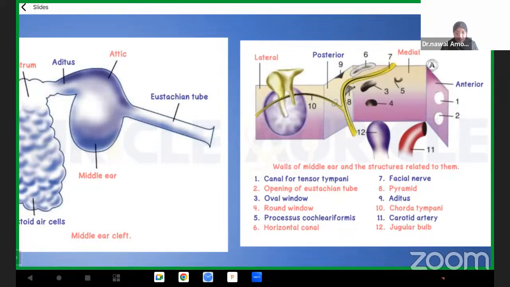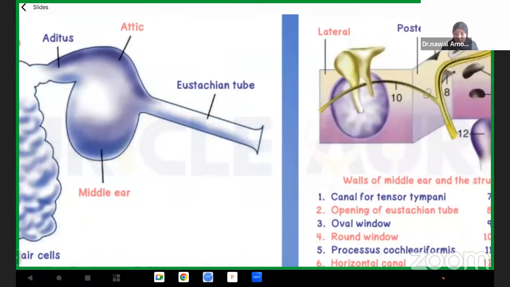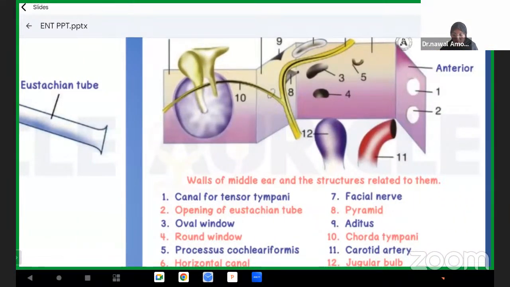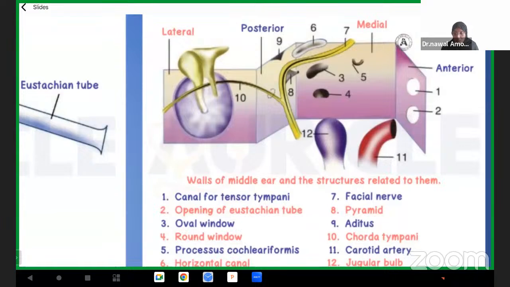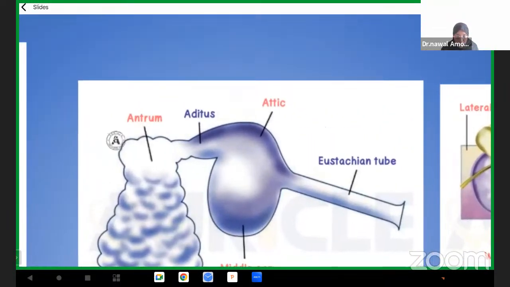And the attic, if you can see the round attic, is placed right in front of the medial wall here. Okay, so the auditory tube enters into its opening, and the attic of the middle ear sits in the medial wall. All right, and then we have the aditus. If you can see this part, the aditus,